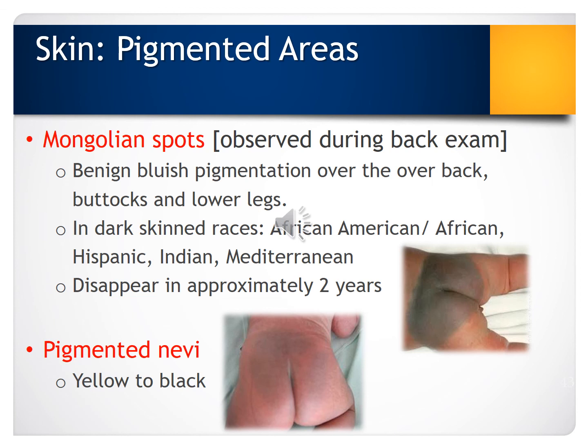They are benign bluish pigmentations that are usually on the back side of the newborn, over the buttocks and the lower legs, and mainly seen in darker skinned races and ethnicities, such as African American, African, or Mediterranean descent, and usually disappear over 2 years. I wanted to point out Mongolian spots because if you look at the picture, those can be mistaken for